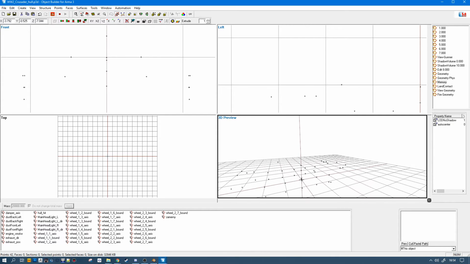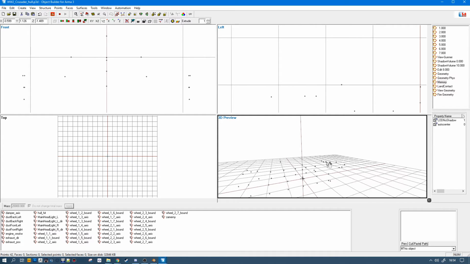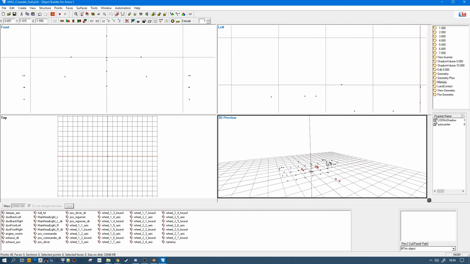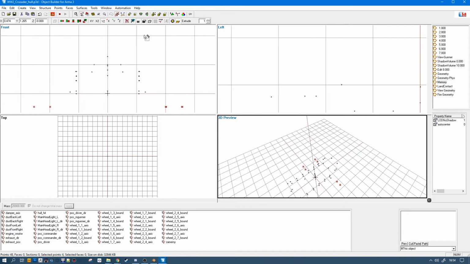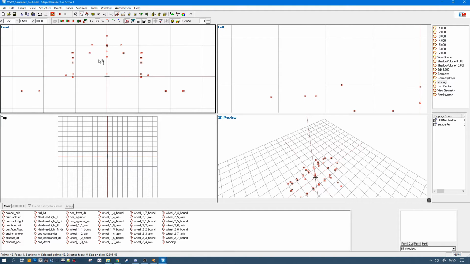Okay, now I want to have where my crew is going to mount inside the tank. So I have driver, gunner, commander. So you see I'm going to move them from the Panzer IV, but it's always the same process. You just have to create the memory points. It's quite simple.